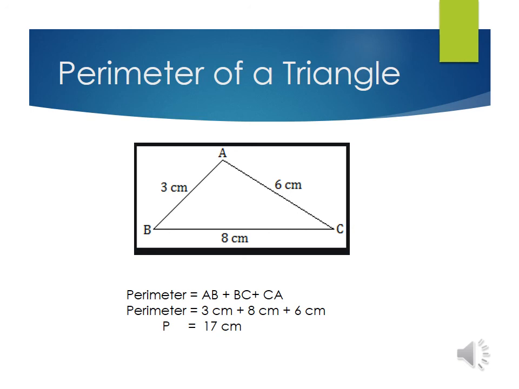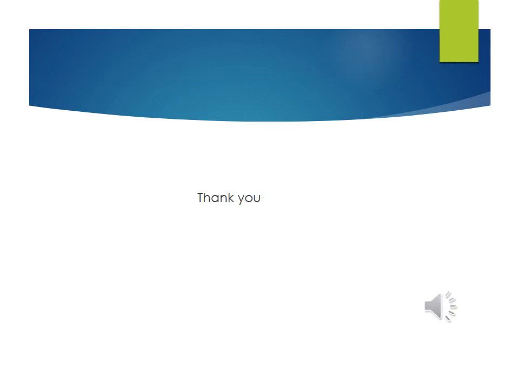We can find the perimeter of any type of shape which has more than 4 sides, or more than 5 sides, but you just have to add the sides and then find the perimeter. I hope you have learned how to find the perimeter of the given shape. Keep practicing to be perfect in it.